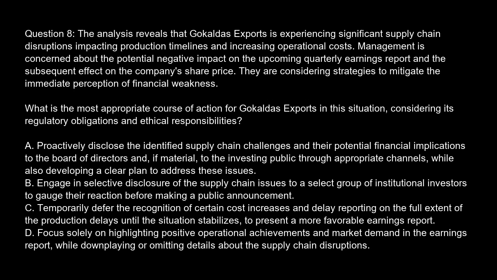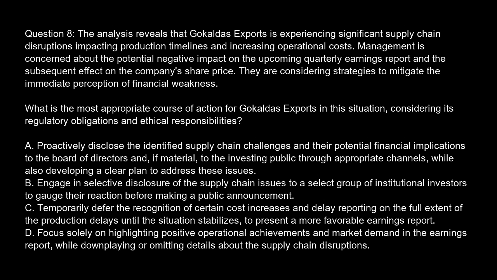Question 8. The analysis reveals that Gokaldas Exports is experiencing significant supply chain disruptions, impacting production timelines and increasing operational costs. Management is concerned about the potential negative impact on the upcoming quarterly earnings report and the subsequent effect on the company's share price. They are considering strategies to mitigate the immediate perception of financial weakness. What is the most appropriate course of action for Gokaldas Exports in this situation, considering its regulatory obligations and ethical